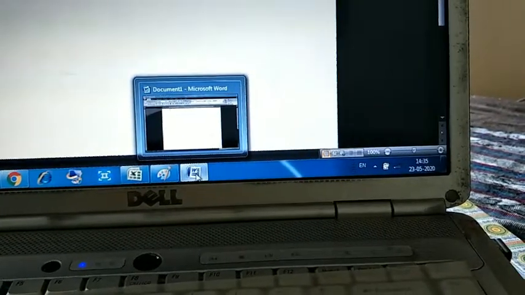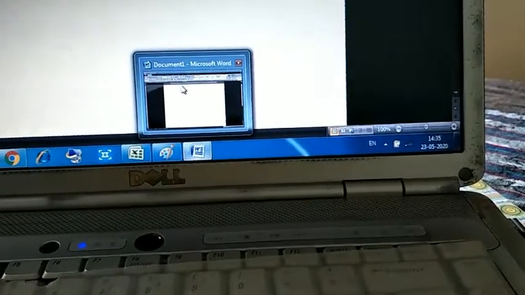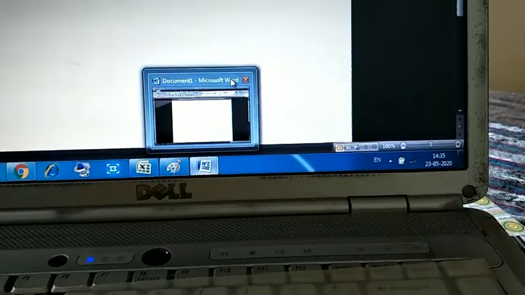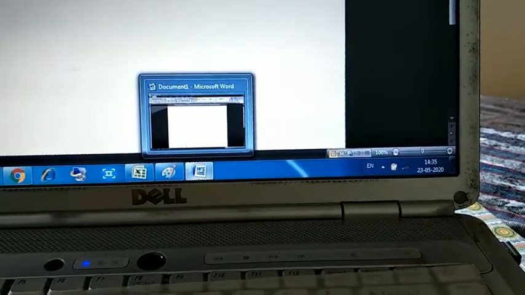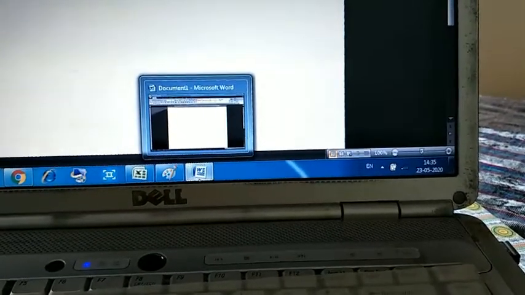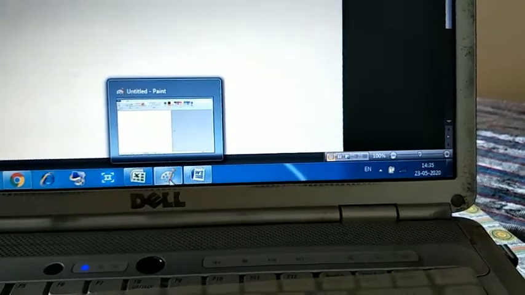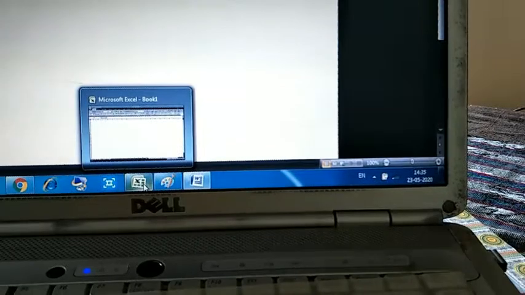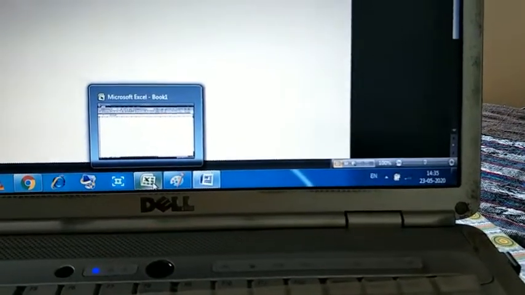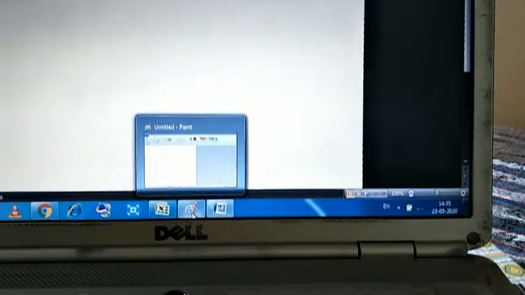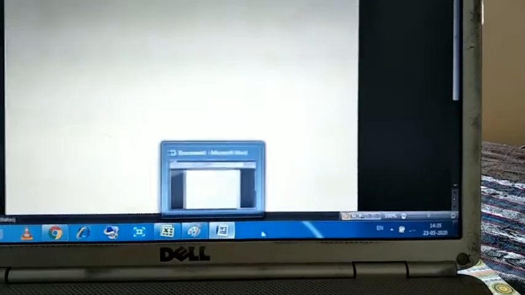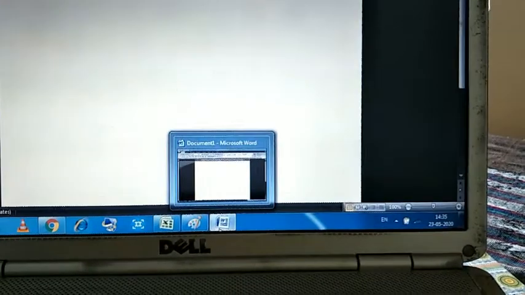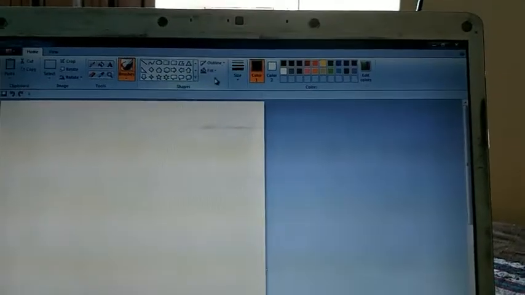Now place the cursor on the third program, and you can see the third one is the MS Word file. So you can easily understand which one is MS Word, which one is MS Paint, and which one is MS Excel. Whichever file you want to open, just click on it.